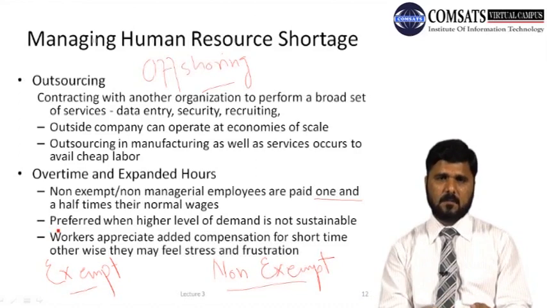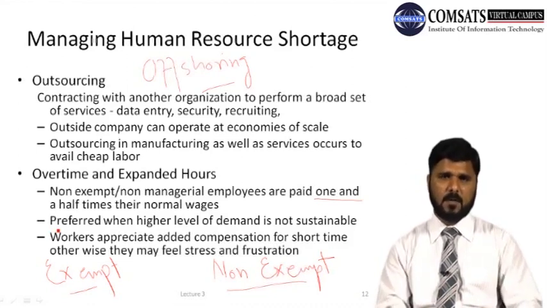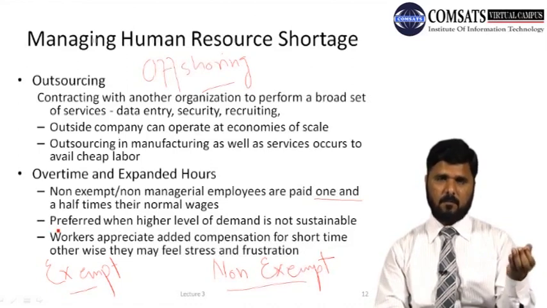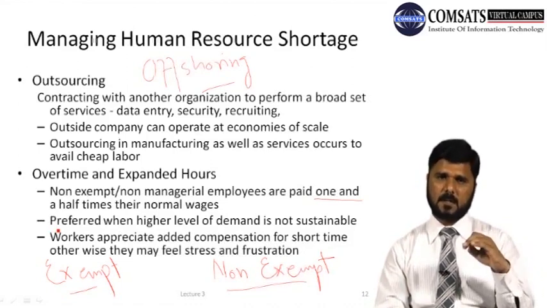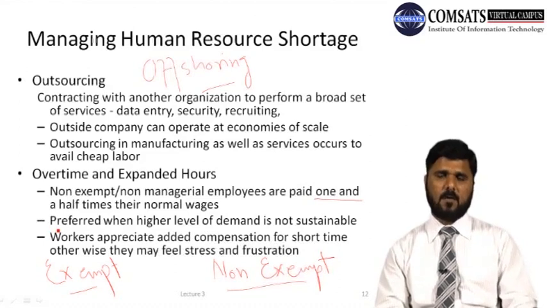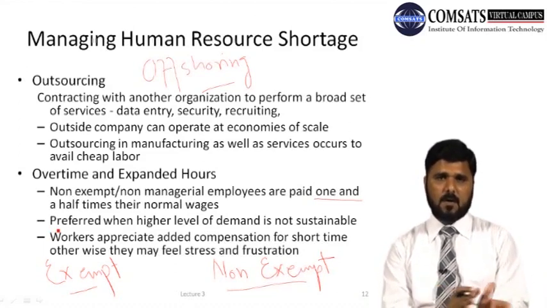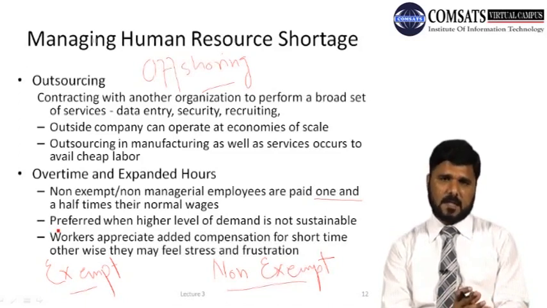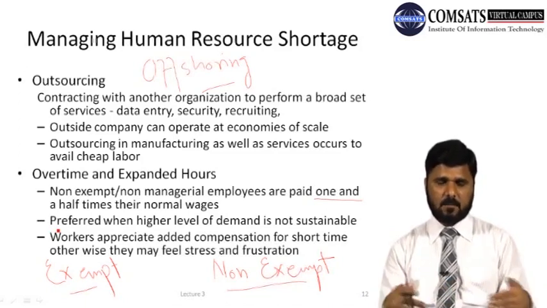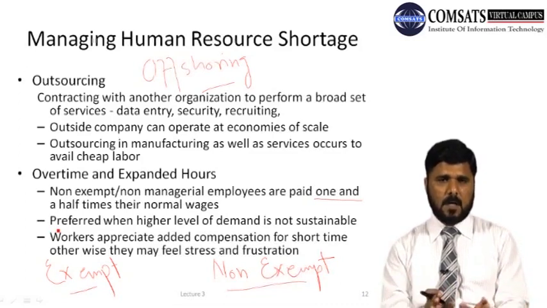तो अगर आप उसे for a couple of days, for a couple of weeks, or even for 1 month, if you call them to work for extra hours, they would be happy. And if you call them to work for extra hours, normal week में होते हैं 40 hours, आप उसे कहते हैं कि you are required to work for 56 hours in a week or 72 hours, इससे भी ज़्यादा कुछ और नहीं। तो एक्सटेंडेड पीरियड, for longer period of time they may be under stress, उनको साइकोलॉजिकल या इमोशनल प्रॉब्लम्स आना शुरू हो जाते हैं।